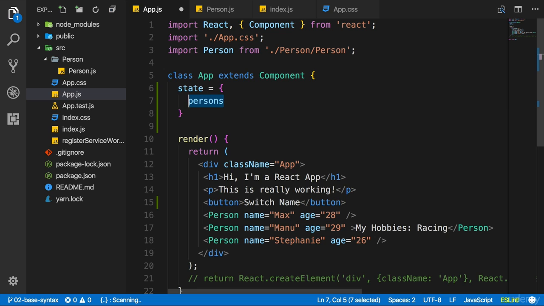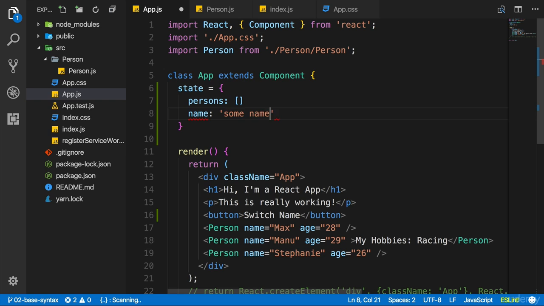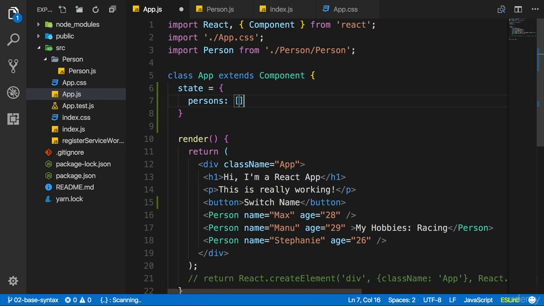This is totally up to you. I simply create a persons property in this JavaScript object, and this will be an array. And you can set up any kind of data you want in this state object. You could set up a name property, which is some name. You can really manage whatever you want. Here I want to manage an array of persons though.